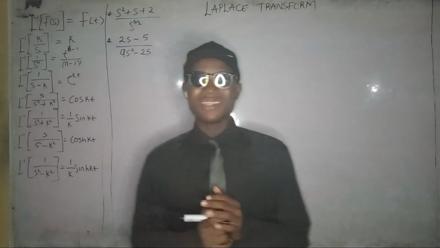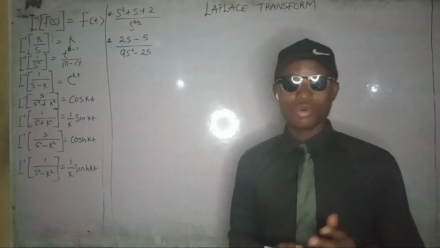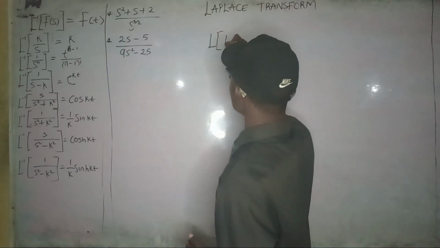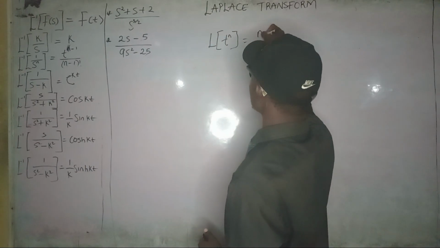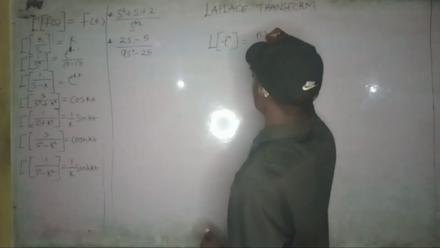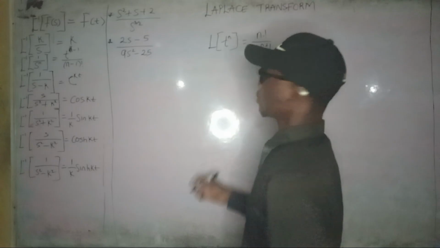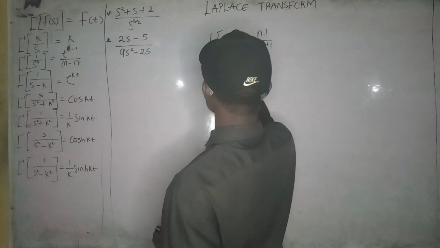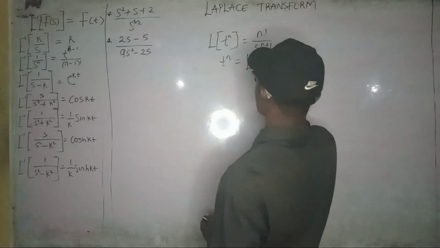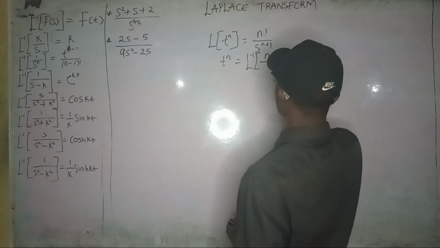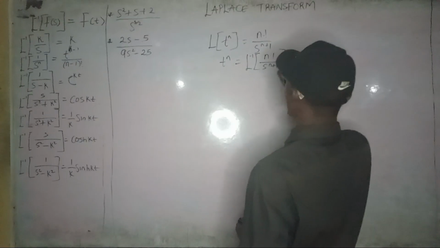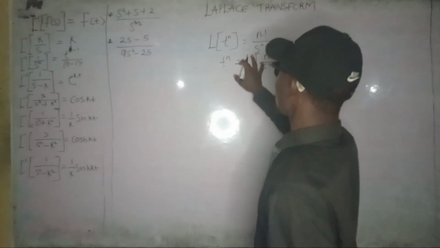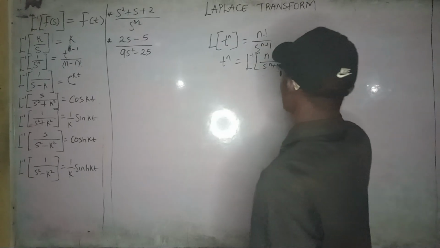And yeah, this formula might seem a little bit different from its origin, because the origin was the Laplace transform of t raised to power n, which gives us n factorial over s raised to power n plus 1. But if we find the inverse Laplace transform of both sides, we have t raised to power n is equal to the inverse Laplace transform of n factorial over s raised to power n plus 1. Now, n factorial is a constant, so it can come outside of the Laplace transform and go under here. So that is when we get